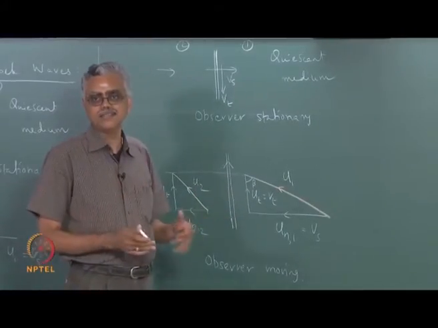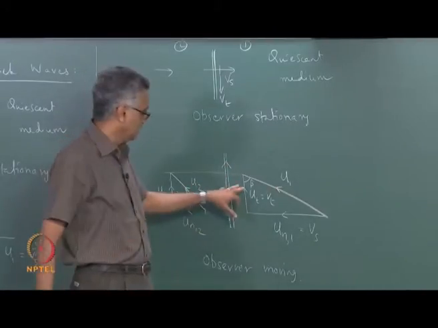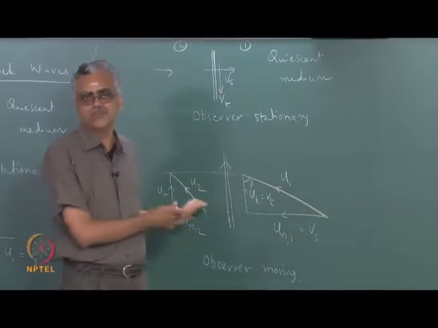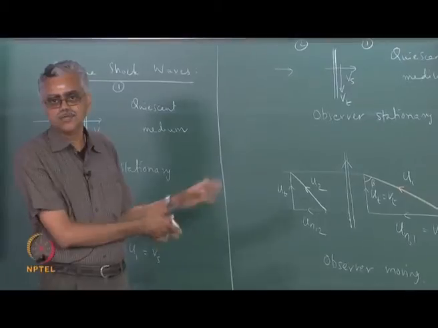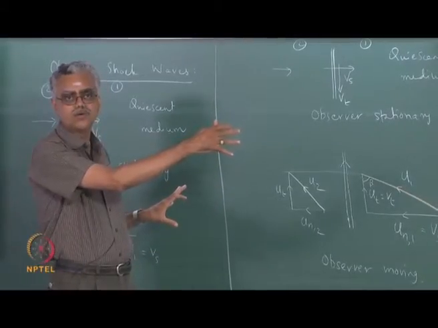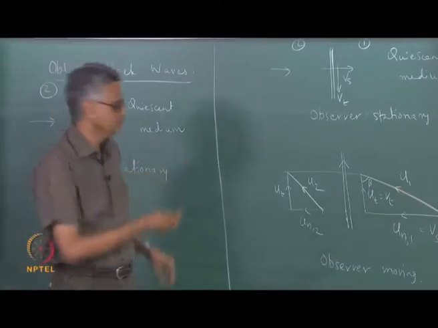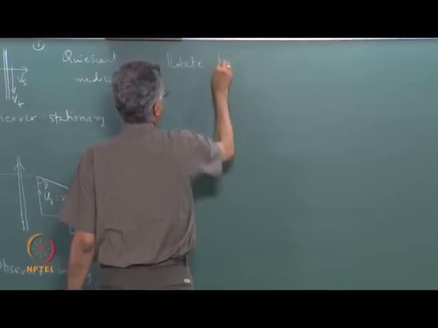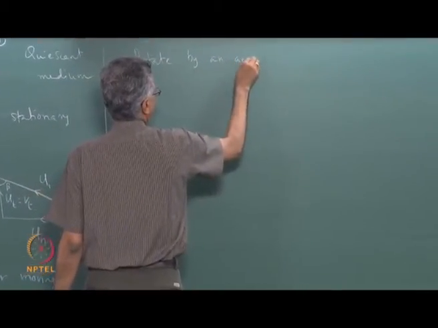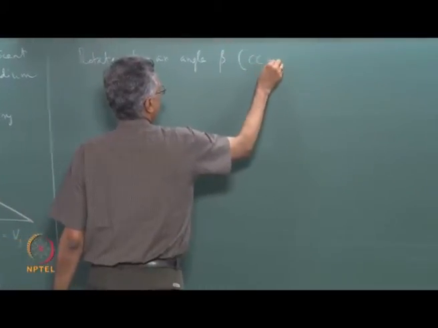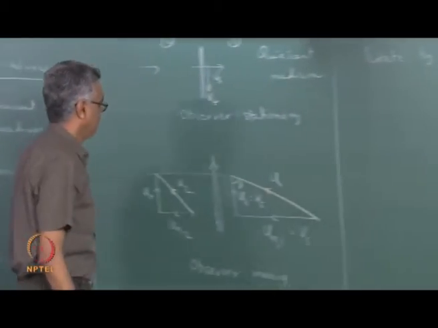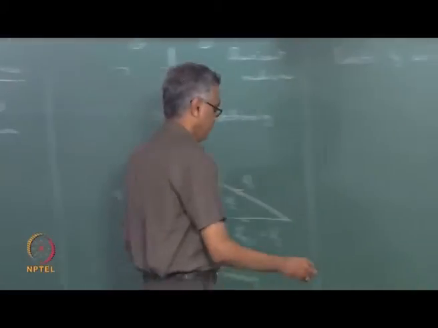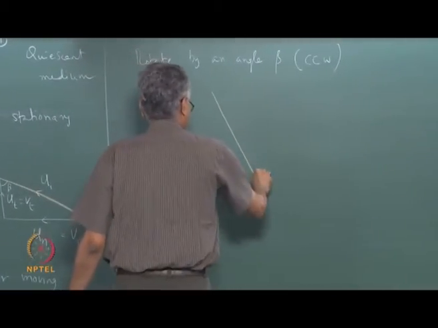For our convenience and ease of use, we are going to rotate this through an angle beta, so that this becomes horizontal, so the flow deflection becomes easy to see. Flow deflection is not so easy to see in this diagram. So I am going to rotate this diagram this way, counterclockwise, by an angle beta, right. So if I rotate this in the counterclockwise direction, when I do that, my shock wave rotates through an angle like this,